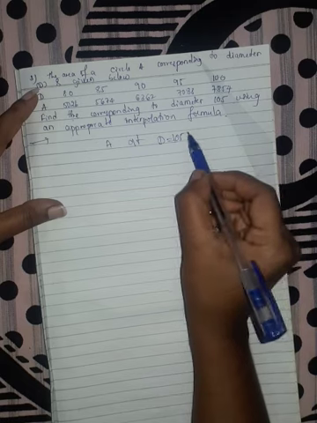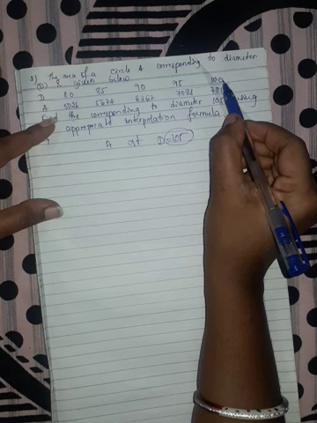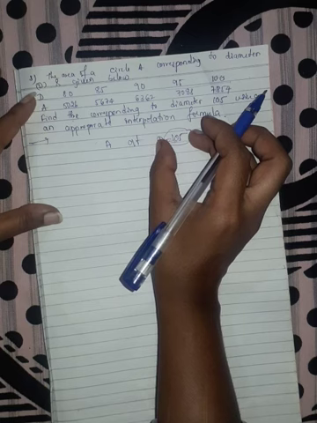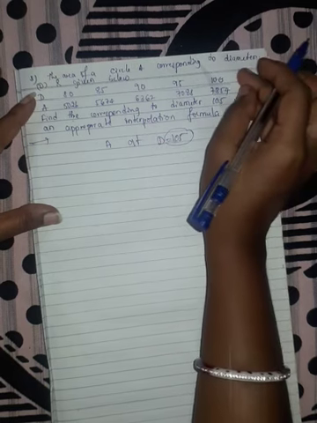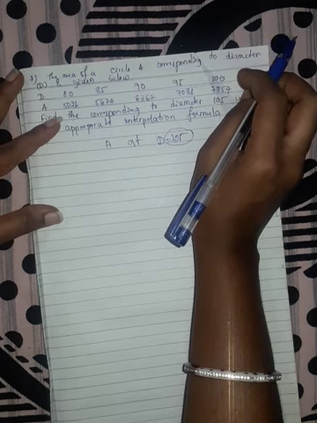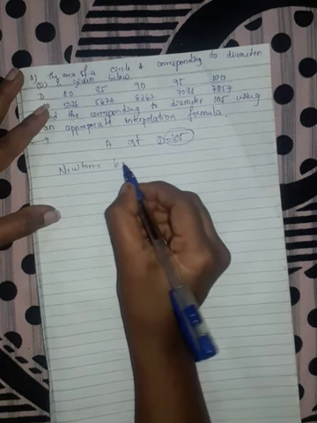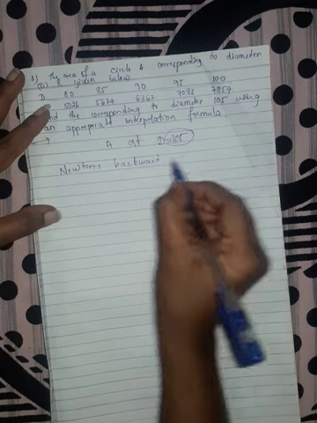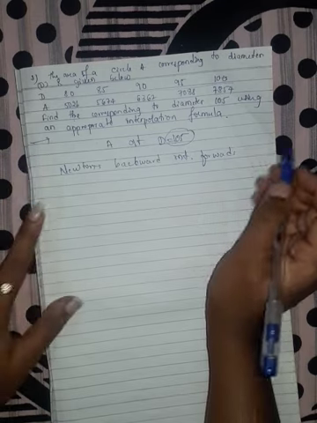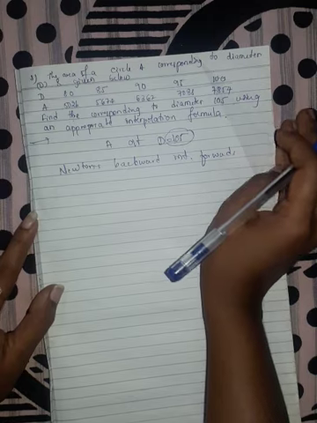Now you can see this 105 is near the value 100, that is, outside of this 100. So if the value of diameter lies outside or at the end of the values of D, then we have to use Newton's backward interpolation formula. If the value lies at the end of the given data, then we have to use the backward interpolation formula.